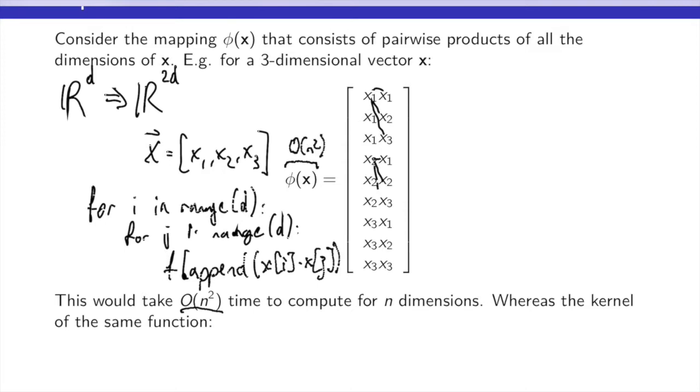The problem is you have to do this for another vector as well, right? Because if you're calculating k of x and z,